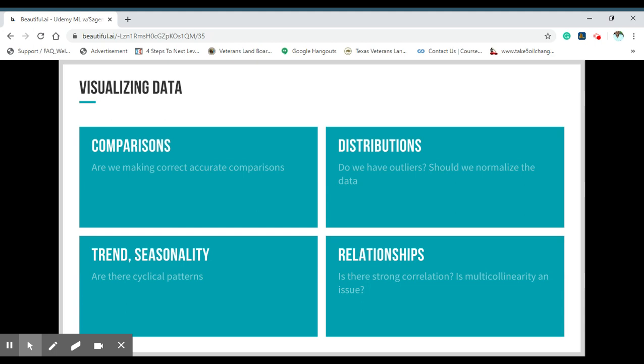So think about it this way: when you're looking at relationships to determine if there's strong correlation, you probably want to think about a heat map, right? That way you can see in one grid all the different relationships, and you can see, is there multi-collinearity, or is there strong correlation between the different factors inside of your model? And if that's the case, then you want to have some sort of control for that, either in your regression, or maybe you want to run a principal component analysis to reduce the number of features into their orthogonal roots. Also, if you have trend or seasonality, then perhaps you want to look at a time series plot as well.